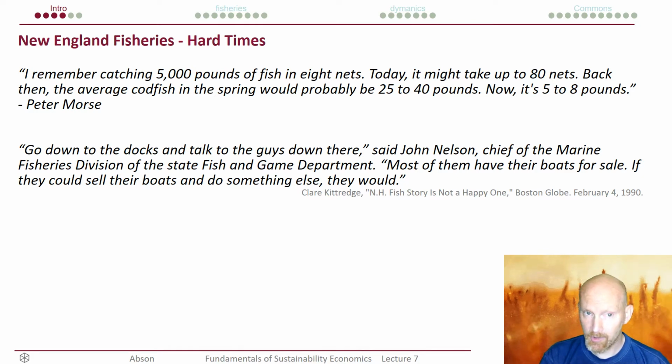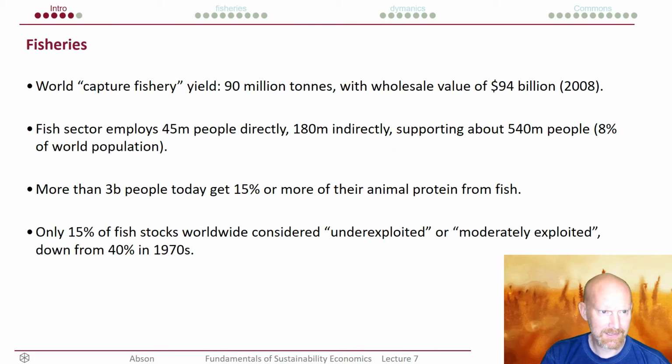So you have whole communities who are locked into fishing as a livelihood, and when the fish stocks collapse, they have no other kind of means of income, and so they still continue to try and catch fish. So they have 80 nets now and catch small fish, but this never allows the fish stocks to recover. This is sometimes called, in socio-ecological systems thinking, a locked-in trap, that you've locked yourself into this over-exploitation of resources, and it's very difficult for you to get back out of this dynamic. So these are non-trivial problems in terms of human well-being.